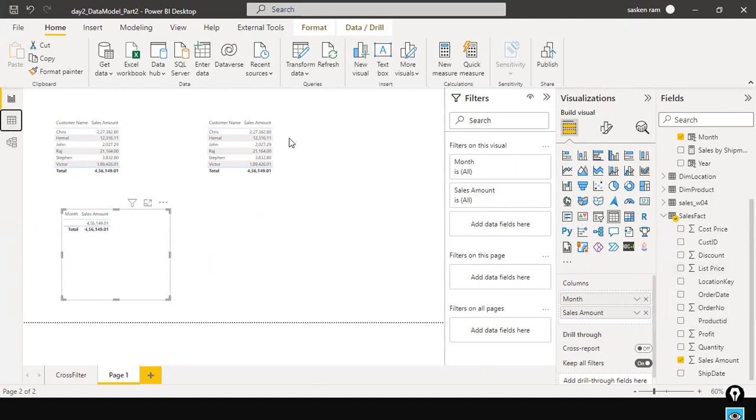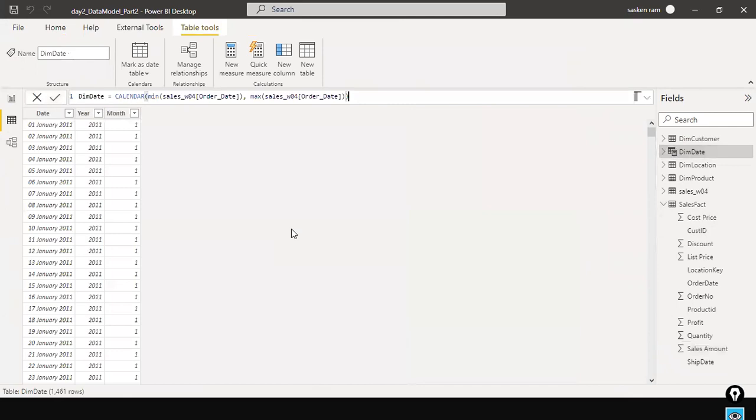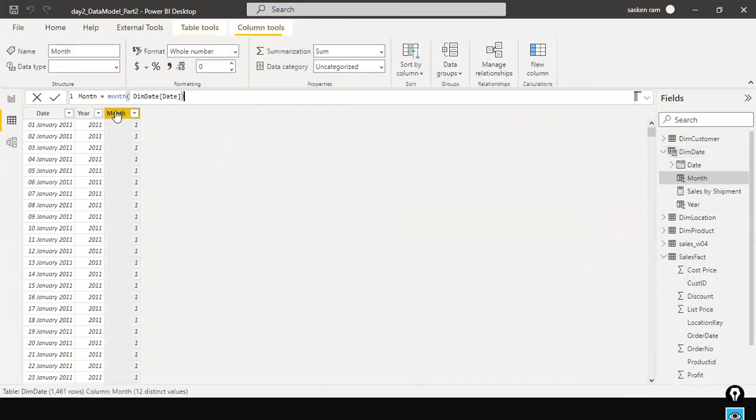I go to the date column, where the month shows as 1 and so on. I'll select the month here. The month prefix is not there, right? So what we will do instead